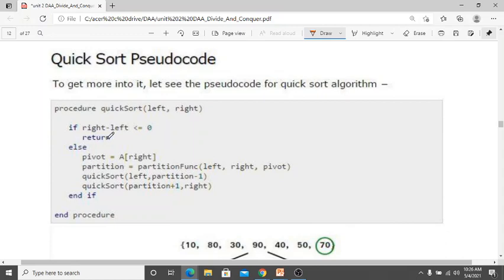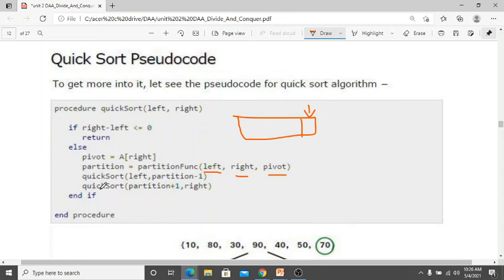If right minus left is less than or equal to 0, then return. It means we cannot do any operation if it is 0 or less than 0. Else pivot is equal to A[right]; whatever the element we have in this array, the last one will be the pivot. Partition is equal to the partition function with left, right and pivot.